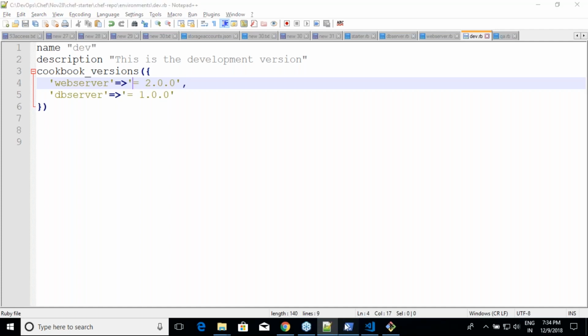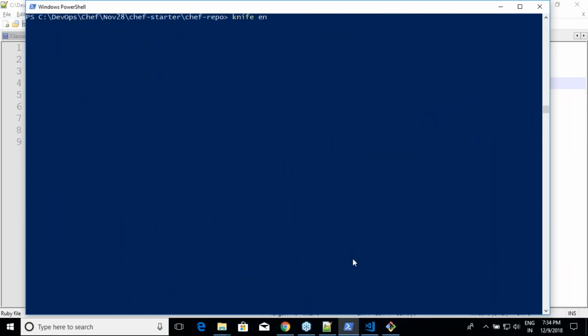And then I can safely come over here and say knife environment from file environments slash develop. You can do this or go to that place, click on edit and make the changes to the version. Anything is fine. If you want to do it from command line, this is the way. It is also not difficult. We should get that it is uploaded and then we'll log in into two machines and execute sudo chef-client. In one machine, tree should be installed. In other machine, tree should not be installed. That's the whole point. Right?